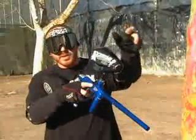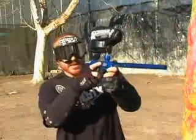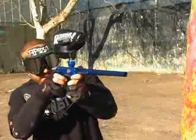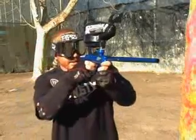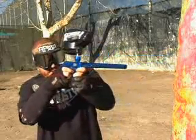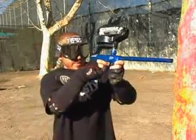So what we're going to do is put a target in front of our bunker, and set up like we're going to do our one snap shooting drill. We set up, come out, take a shot, and then immediately transition to the other side of the bunker. So we're going to come out, take our shot, come back in, and